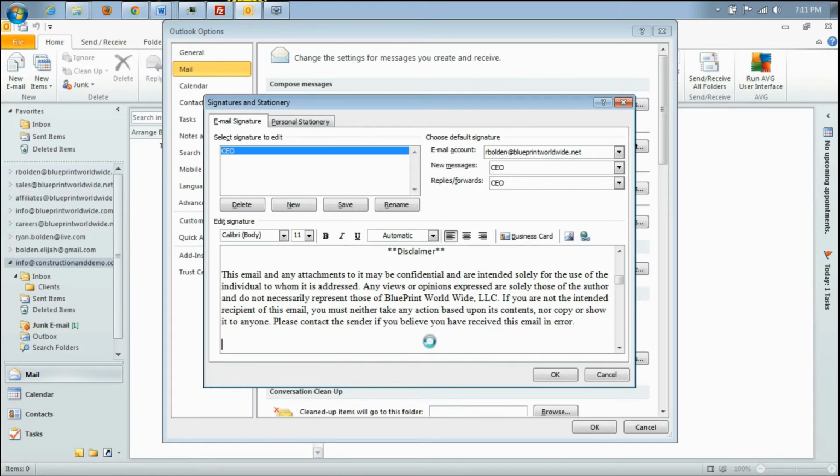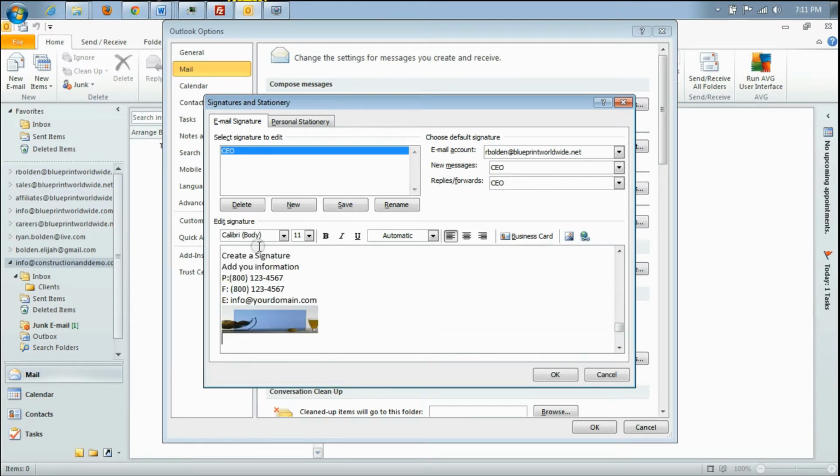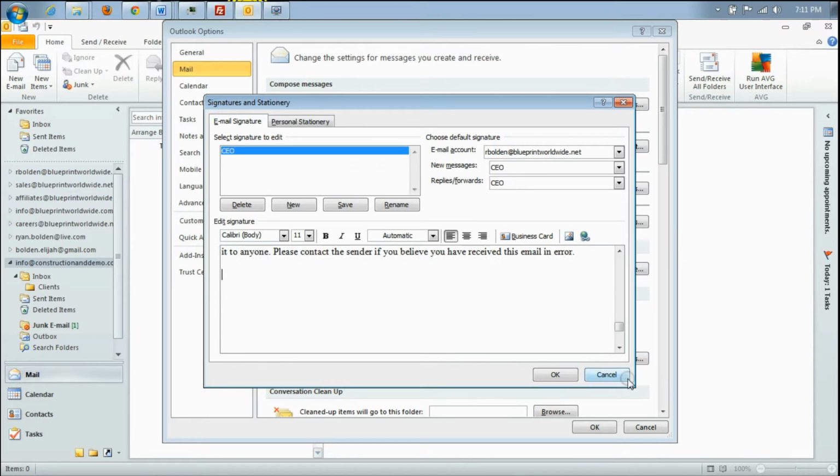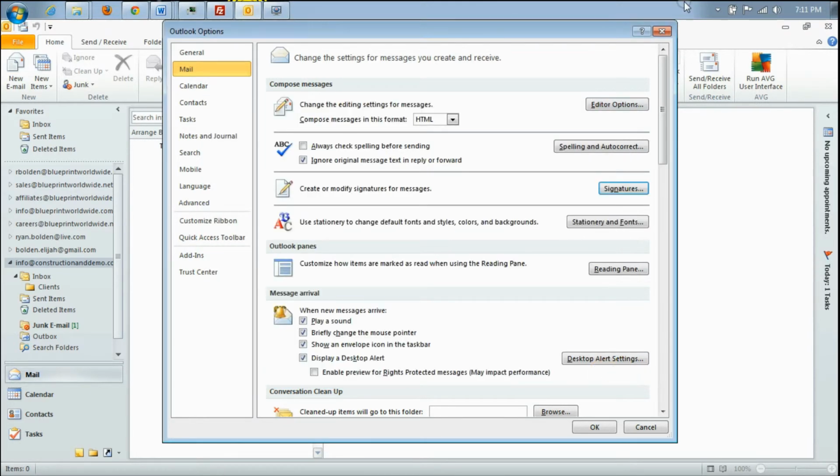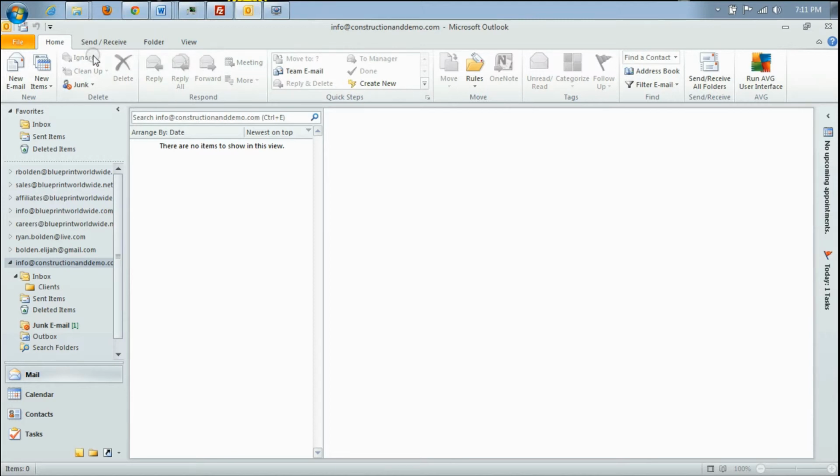But if you do it from the Word way, you just copy what you have in Word, paste it right in there and hit OK. I'm not going to, because obviously I don't want that signature, but it's really just that simple. You can make your signature anywhere, place it in the box, and it's good to go. And then, if you were to save it, you just hit OK and then OK. And then every time you send it,